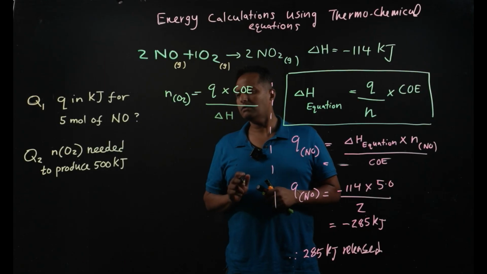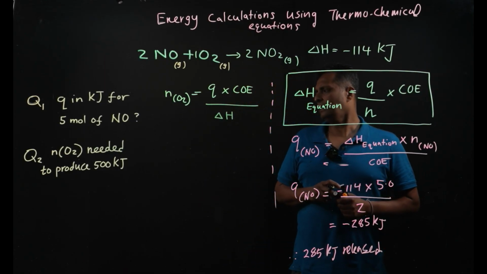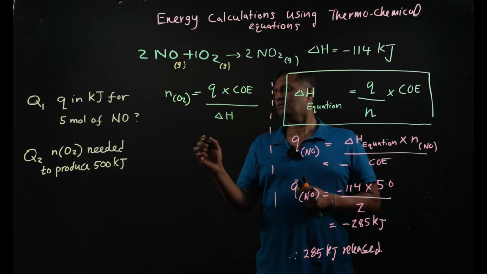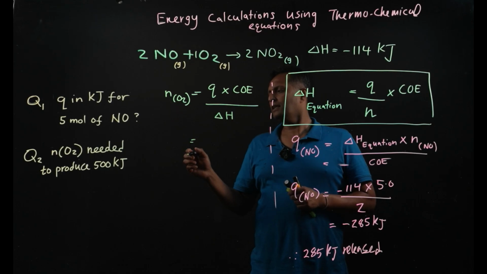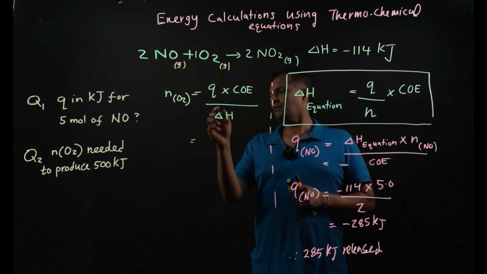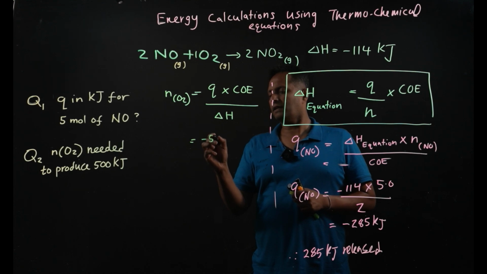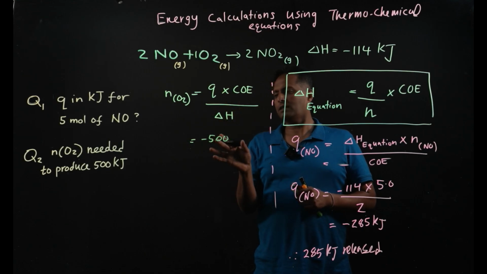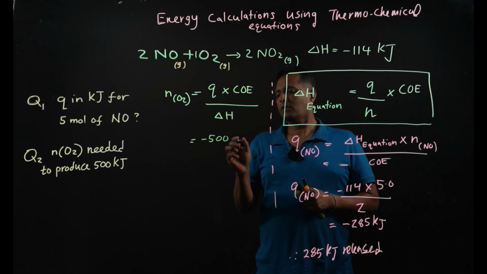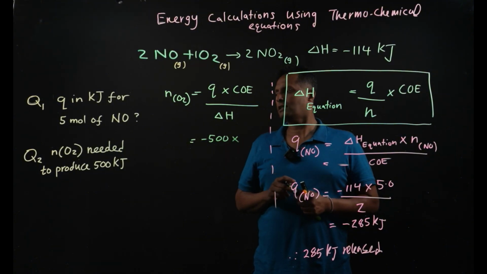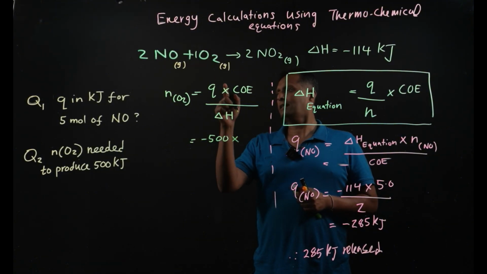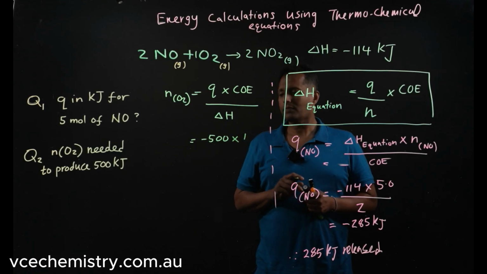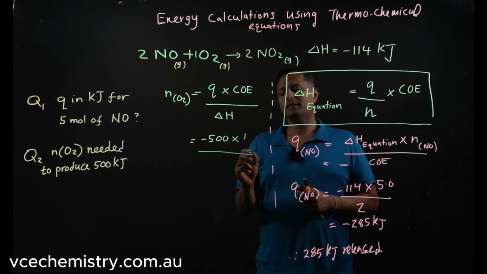Now to do this question, you need to get the energy. What is the amount of energy that we are trying to produce? Q is 500, so it's negative 500 because energy is going to be released. If you are going to use this equation, it is better to put negative there. The coefficient of the oxygen is 1. So the delta H is minus